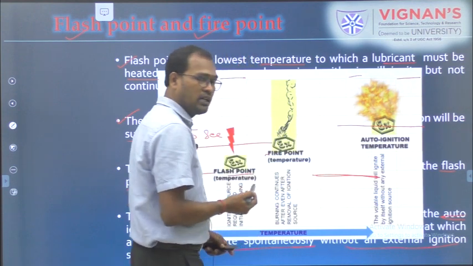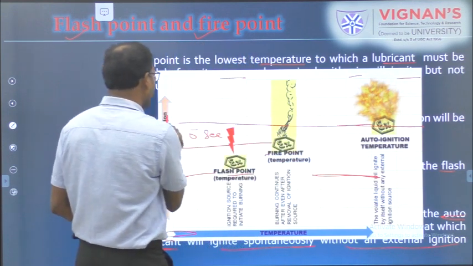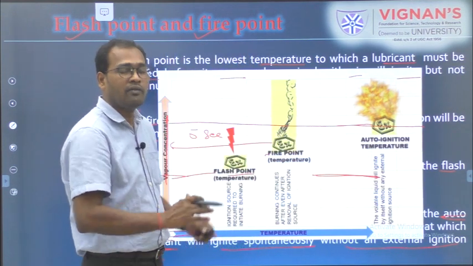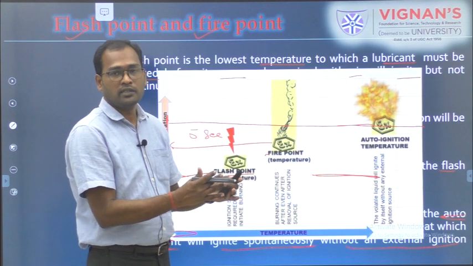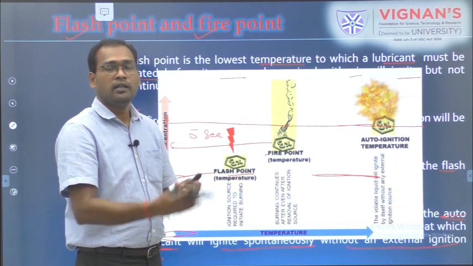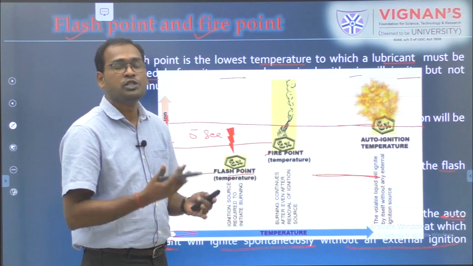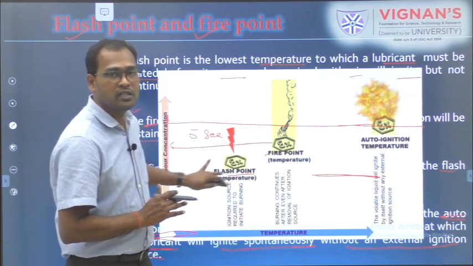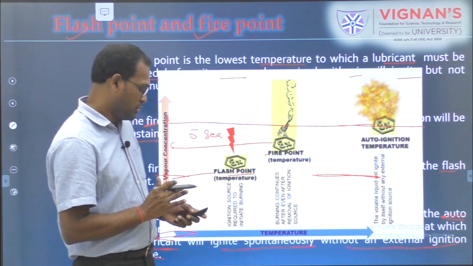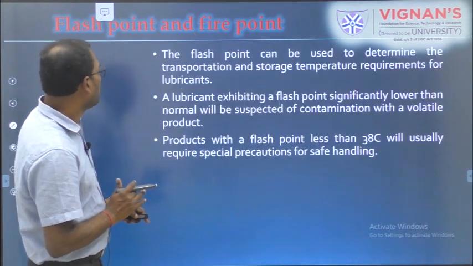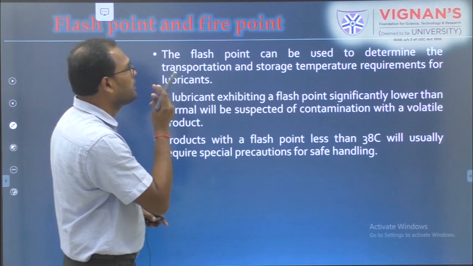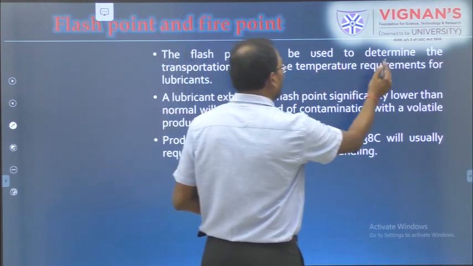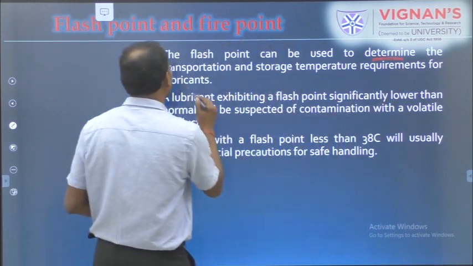And for auto ignition, you can see here the vapor is very high, and the vapor is always on the higher side, so that it starts igniting or burning spontaneously on its own. So it should not be confused with these two, fire point and flash point. Moving on, the flash point is used to determine